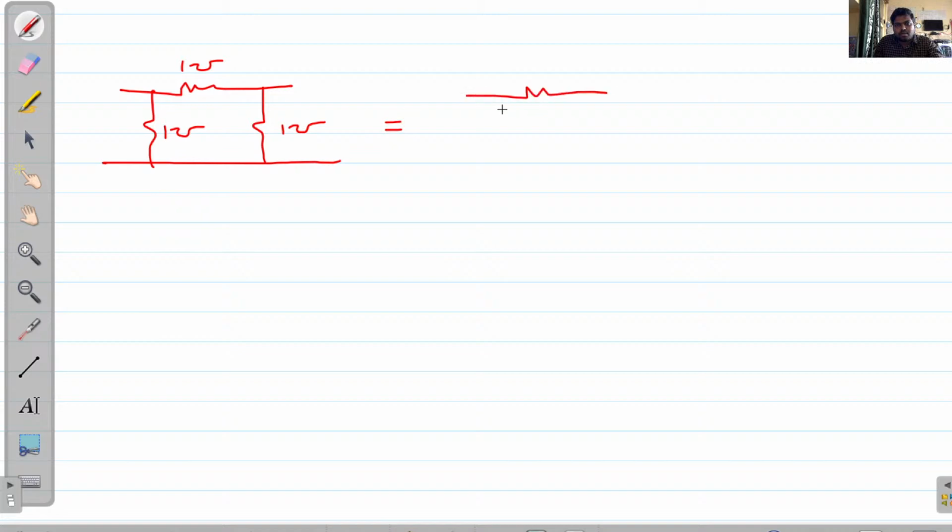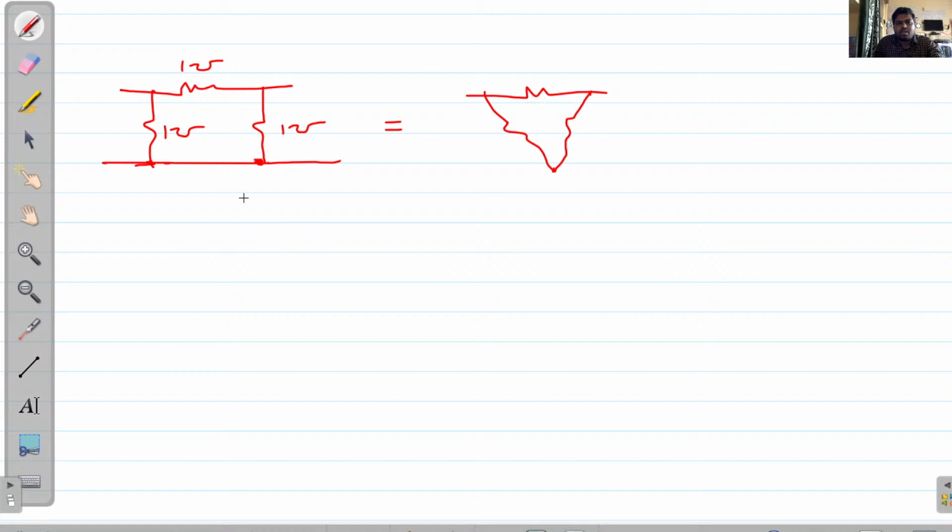And in the next case, the problem is like this. So this is our problem. I am taking one more, one more, one more. This is also a delta network only. You can redraw the circuit like this. Because these two are connected to one particular terminal, these two nodes are one single node. So like that I will take here. Then does this form a delta network or not?